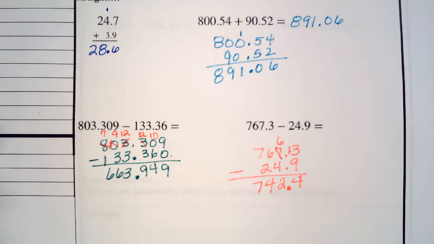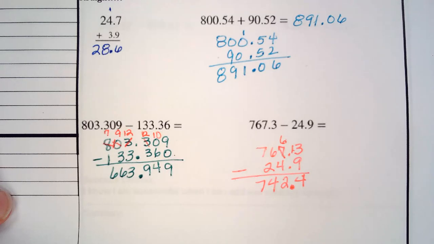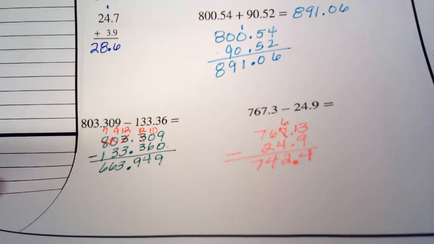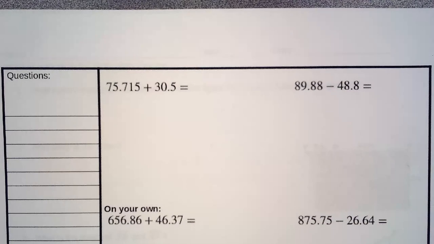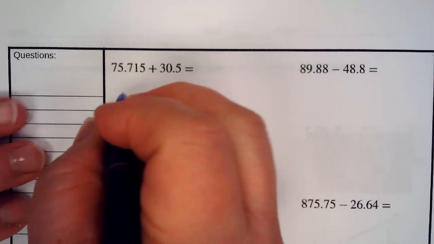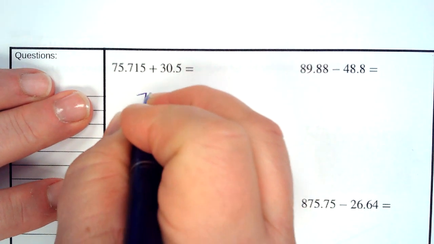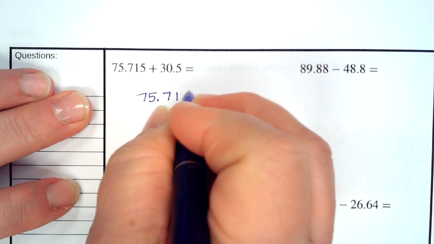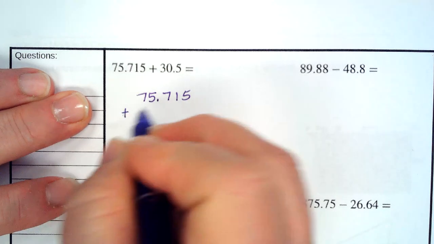Hopefully this wasn't a struggle and that you do understand the concepts. Okay. Pause the video and see if you can set this one up to add. Can you put everything in columns correctly? Well, I hope you tried. 75.715 plus